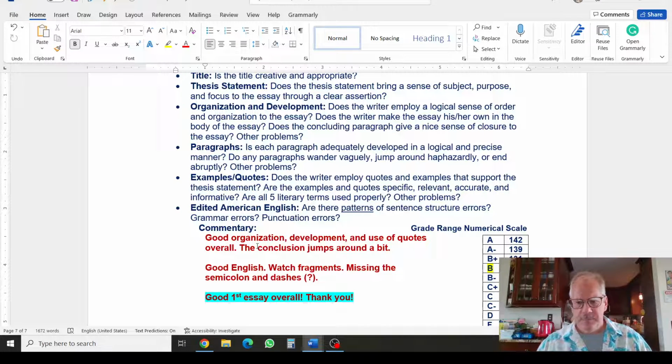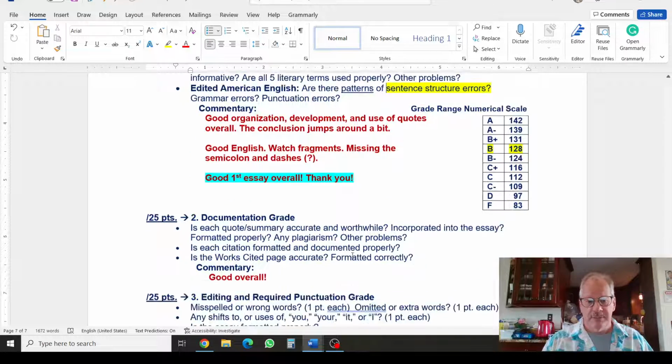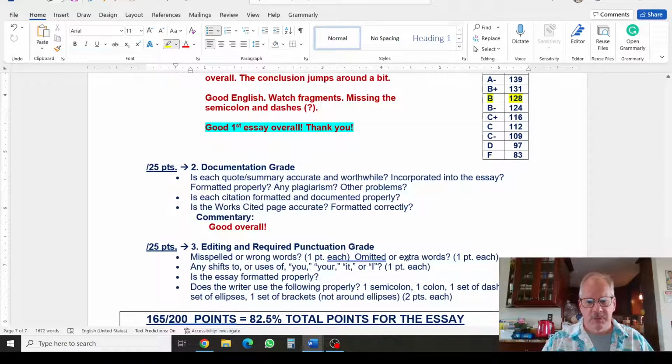I'll generally highlight problems, kind of where you're losing points. If you have a pattern of sentence fragments, if you're missing some of the punctuation, I'm going to start highlighting that. Let's say you had an it in there. If there's any problems with the works cited page or quote formats, then I'll go ahead and